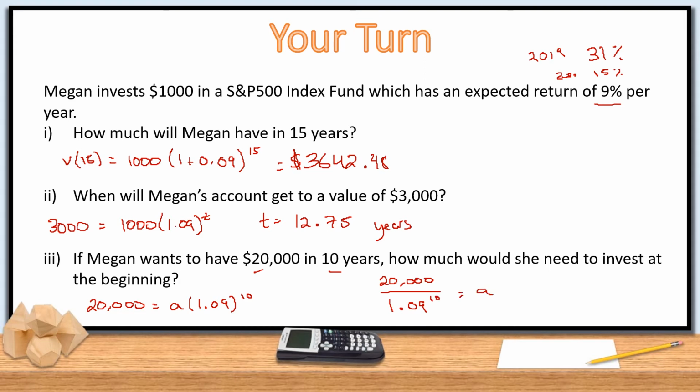So 20,000 divided by 1.09 to the power of 10. All right, and I get A is equal to $8,448.22. So if she put 8 grand in, 8.5 grand nearly, into the account, grows at 9%, in 10 years she